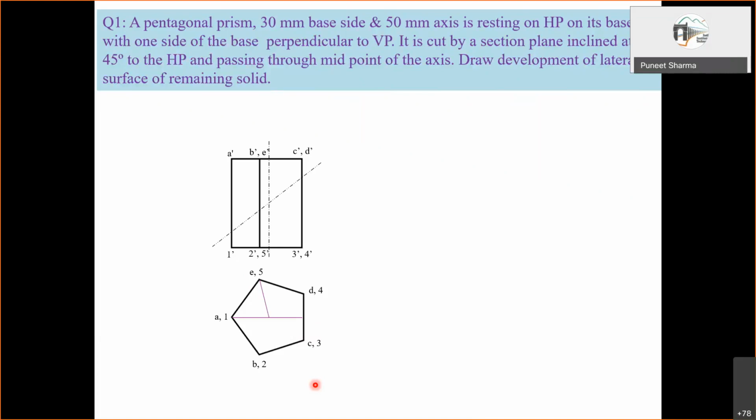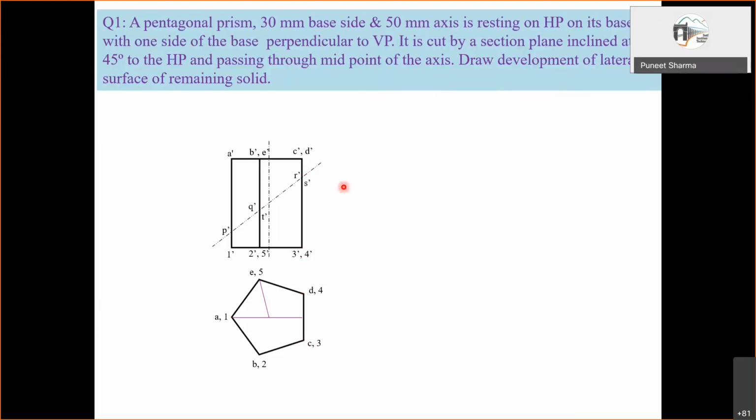Then the section plane is to be located. Now it's intersecting at all the edges at different locations. Here one edge is intersected. This line is representing two edges, one E5 and one B2. Both are coincident over here. So this is representing two edges. So we'll get two corners at this location where this section plane is intersecting. Then at this location again, two edges are represented, one D4 and one C3. So we'll again have 2 points at this. So P dash, Q dash, R dash, S dash, T dash, like that we'll have.